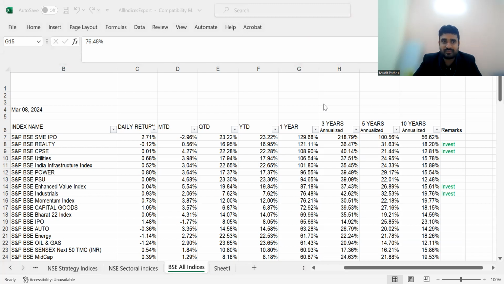This is Aditya Birla PSU. You see the 1 year return is 95.74%, just like the other indexes for public sector enterprises and public sector undertakings. It's overvalued, but please take caution before investing. And similarly, SBI PSU is giving almost 92% return in 1 year. This is 1 year, mind you, 92%, almost doubling your money. And from here we can pull out the fact sheet of any index, but this is the combined data for all the indices which I have gathered for you.